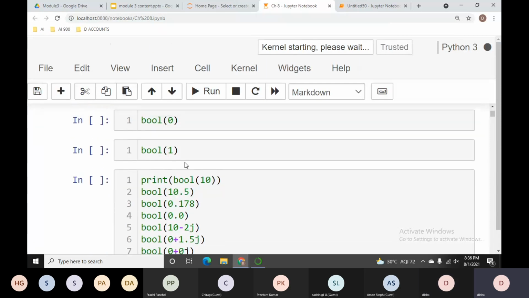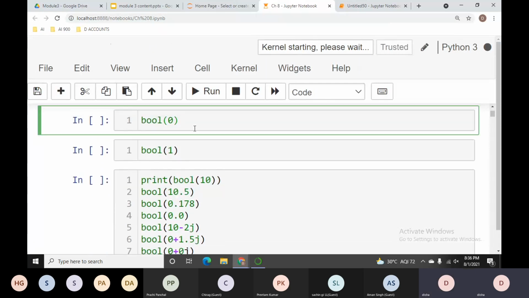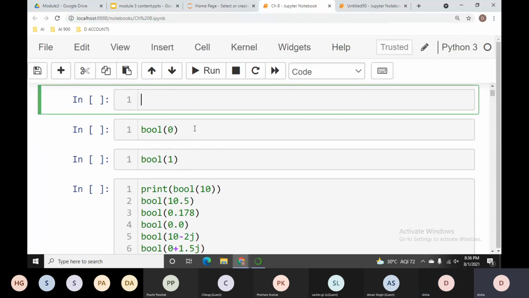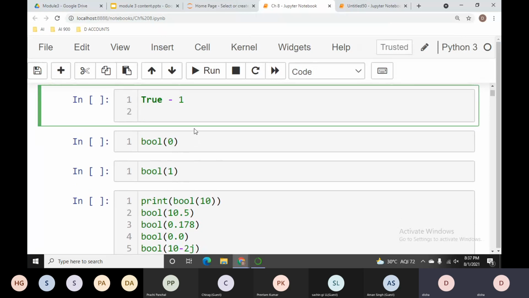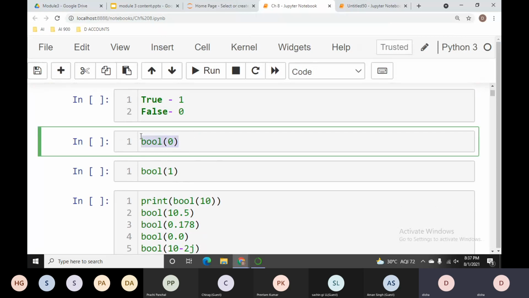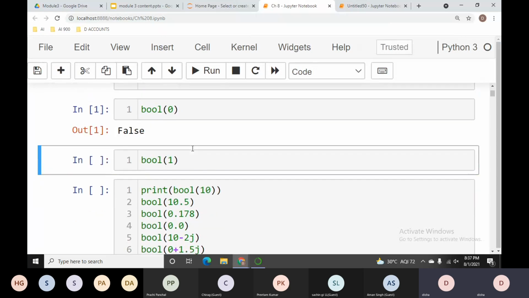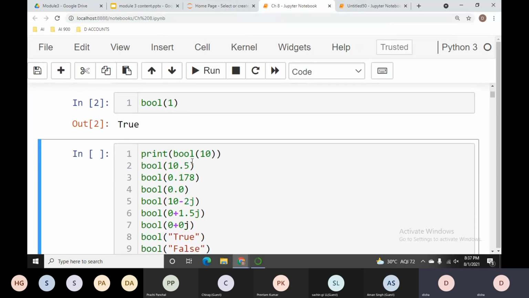Okay. Yes. So what is it? See guys, true is for 1. True means you are getting something, means 1, and false when you are not getting anything, means 0. I'm repeating, true when you are getting some values, you can say 1, right? But false when you are not getting any value, you can say 0, right? So when I check bool of 0, it will give me the result false, right? But when I pass some value, I say bool of 1, this is true, right?